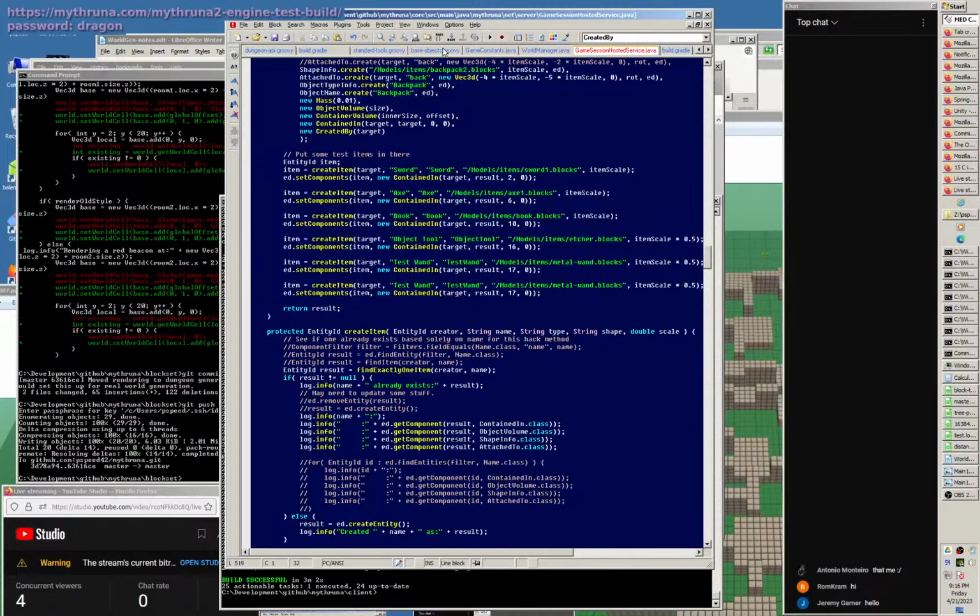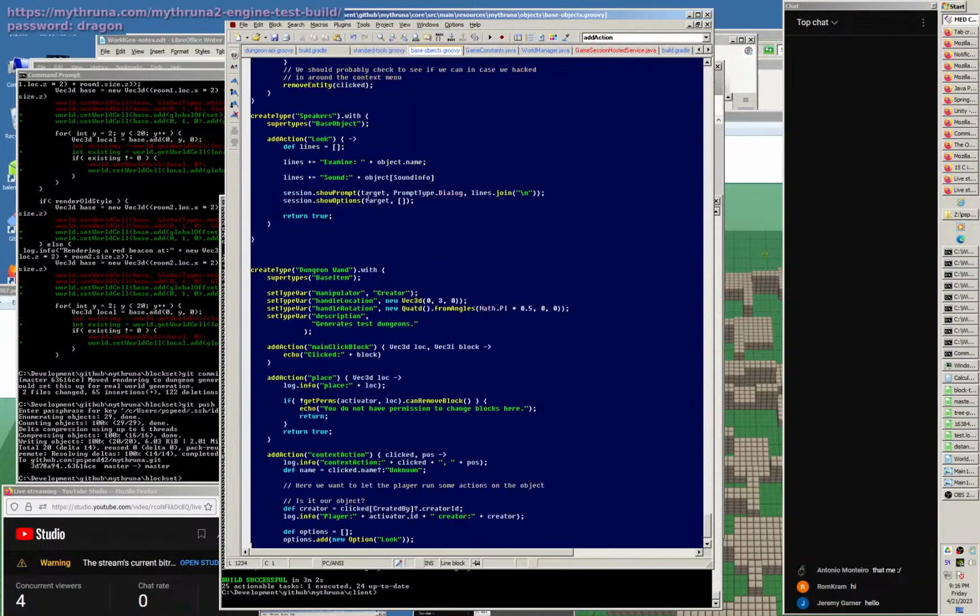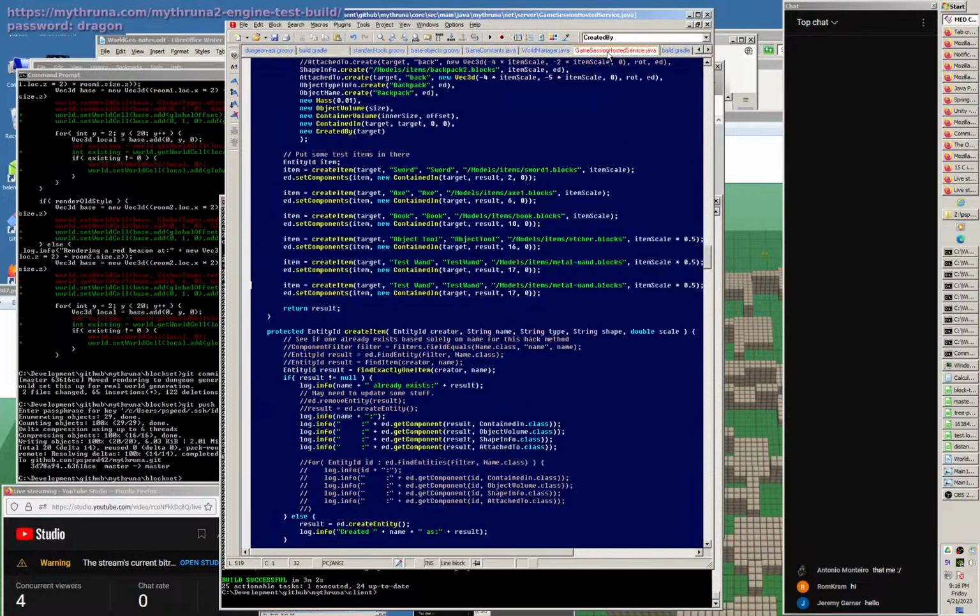Oh, okay, so I couldn't remember when I was doing this how so this should be Dungeon Wand, that's the name of the type, and then we can call it whatever we want here. Dungeon Wand. So this is using the object typing stuff, which is actually part of the open source MOS libraries that allow you to create these dynamic types. Now, of course, they don't have my Mythruna specific scripts and things, but